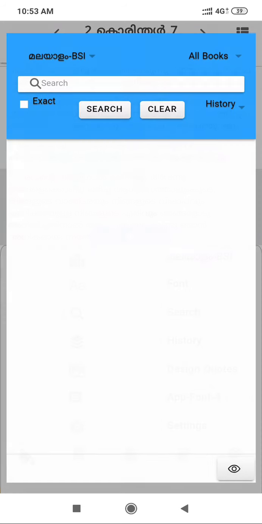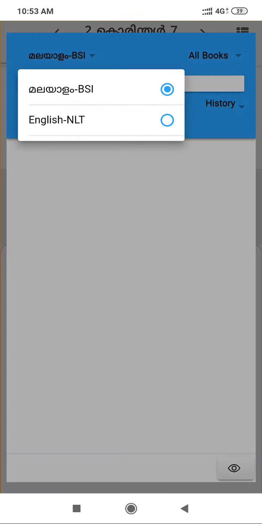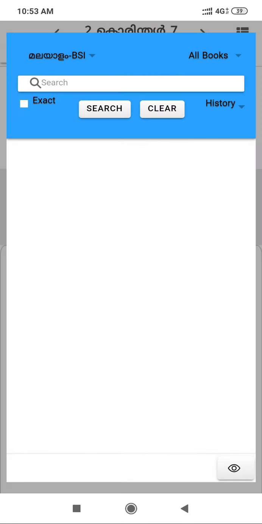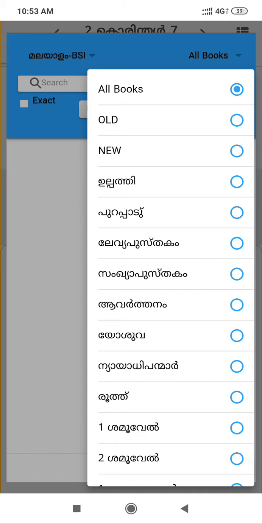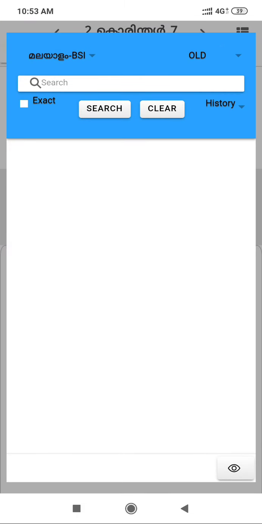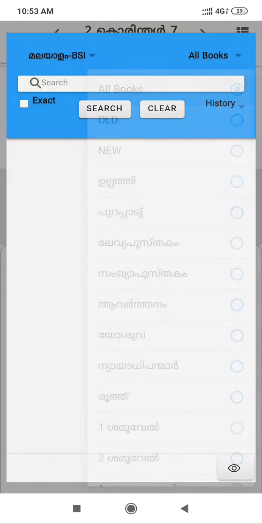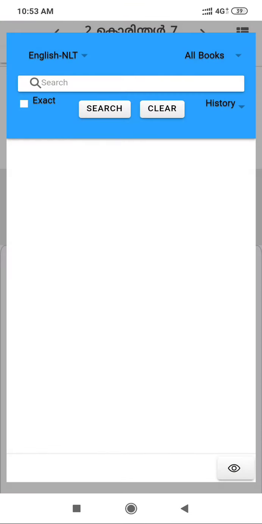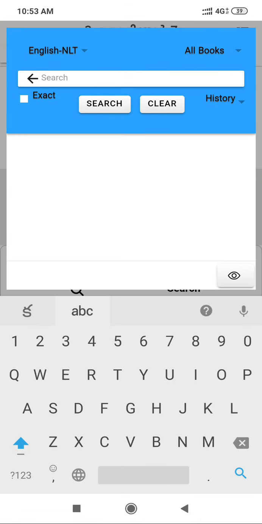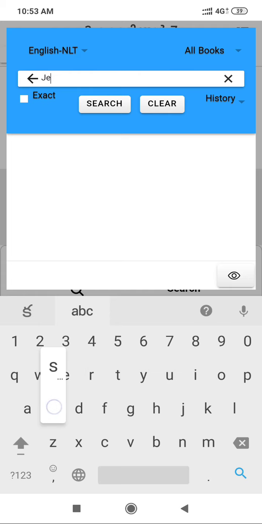Next, search. Here you can search in both versions, English or Tamil. On the right side you can search the entire Bible, or the Old Testament, New Testament, or any specific book. Like this it will work. And history shows whatever you navigated so far. Right now I'm searching for one word.